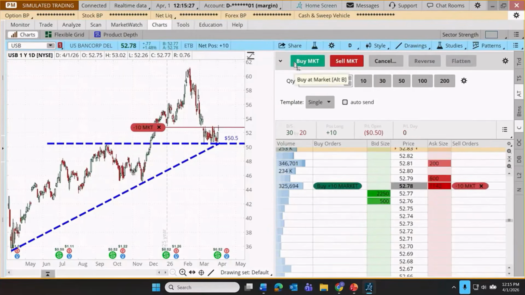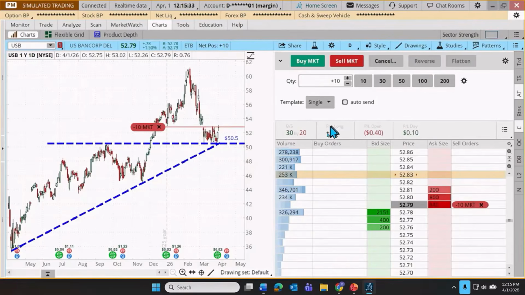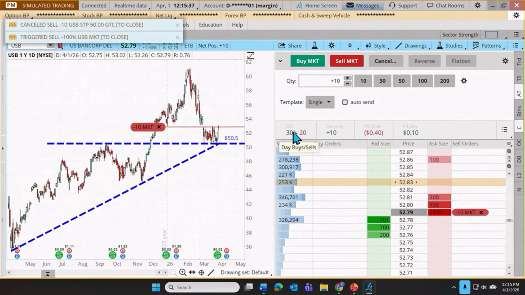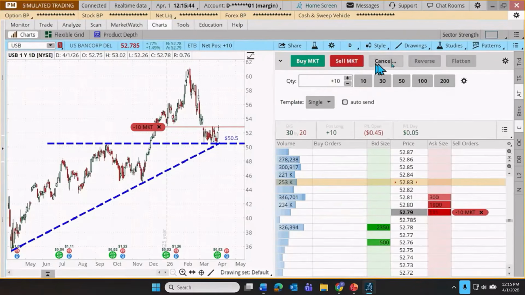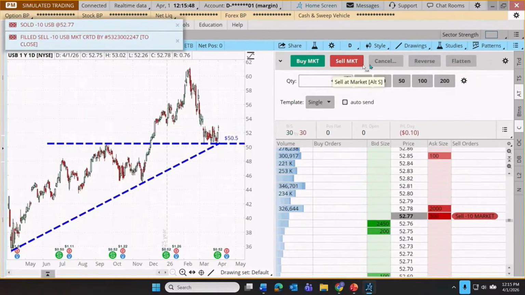So we just sold those shares. We've canceled our stop. There's a market order to sell, and when that fills, we're going to see our net long position go to zero. We'll also see that we've sold the 30 shares that we have purchased throughout this demonstration. All right, so there's a quick introduction to some of those default features up here. Let's move over to the right, because I'm just going left to right.